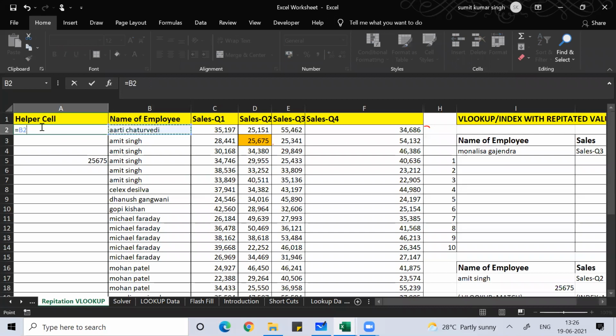So I'm writing this cell, Shift 7, double quote, dash or underscore, any sign you can use, then Shift 7, then COUNTIF from this cell to this cell, comma this cell, comma B2, close bracket, and fix this cell with the F4 key.